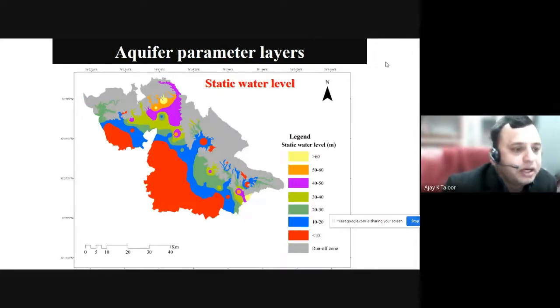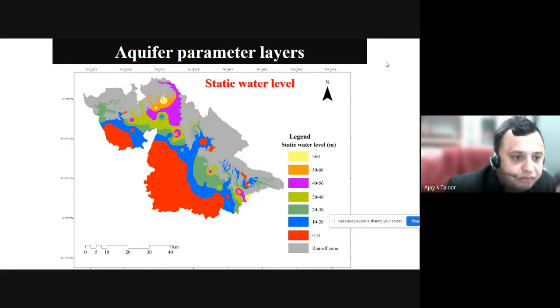So, static water level. As we have taken certain samples from the field data, based on the samples we are able to measure that this particular area has a water level less than 10 meters below the surface of the earth, and in the hilly area we may have a water level of more than 60 meters. And this particular color, which is brown here, this portion acts as a runoff zone because this is the mountainous